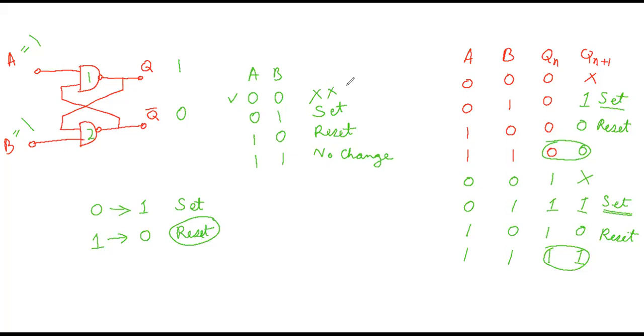Now have you understood this? Why was I not considering 0, 0 since the beginning of the lecture? You cannot ask the circuit simultaneously to get set and reset. Okay? And 0 is the command. So in the last case, both are 1, 1. I mean, you have not given any command in the last case.